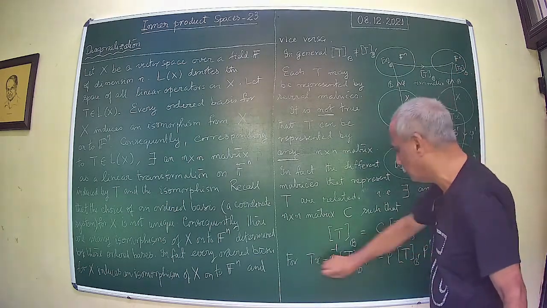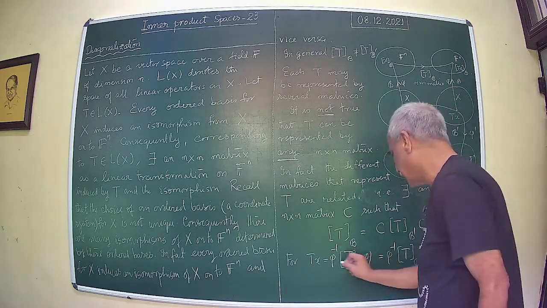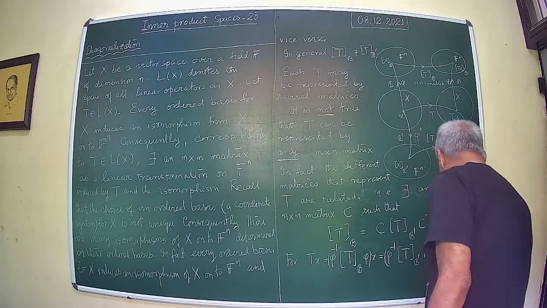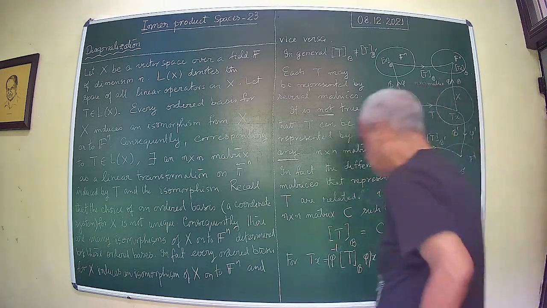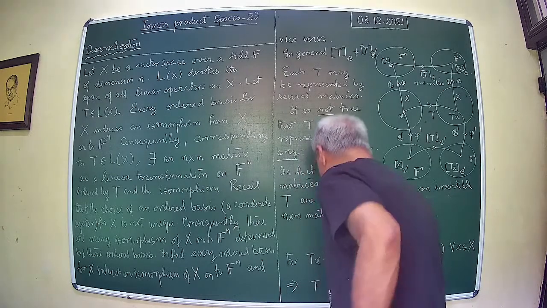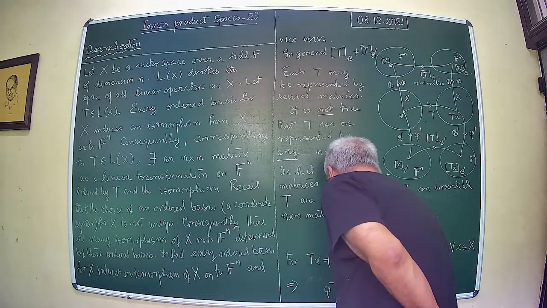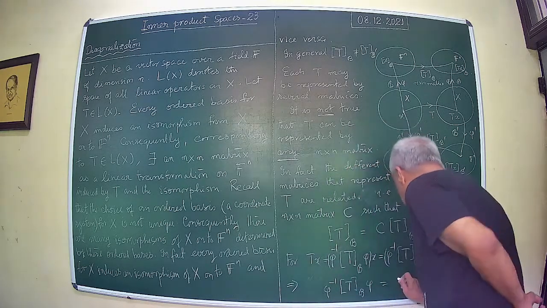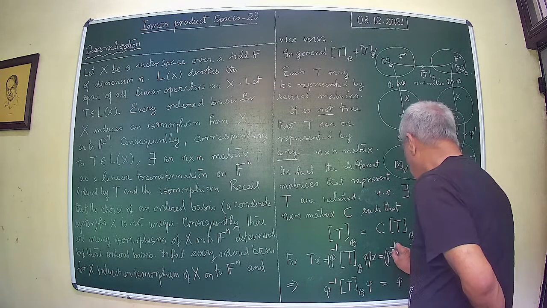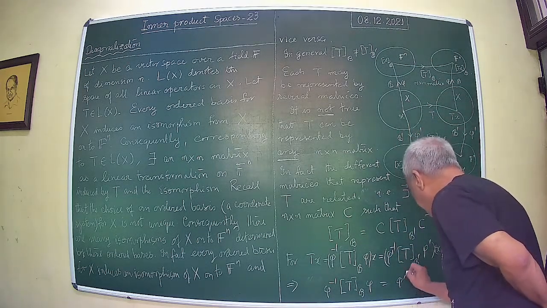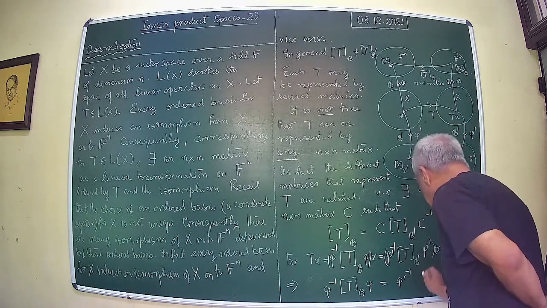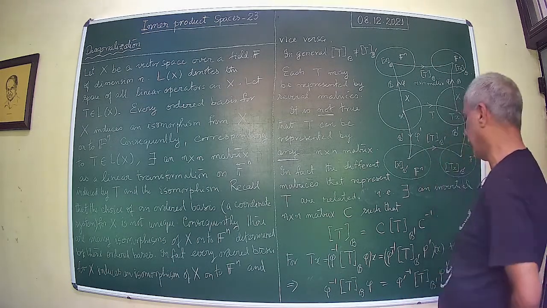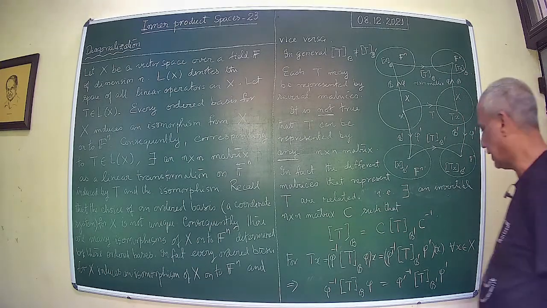So equate the two, then okay, so I should write here x belonging to X. This implies phi inverse, phi prime inverse, phi prime, and consequently you see that